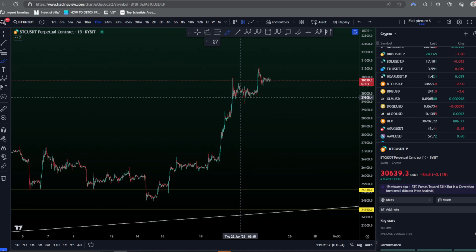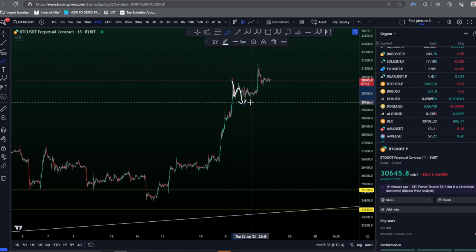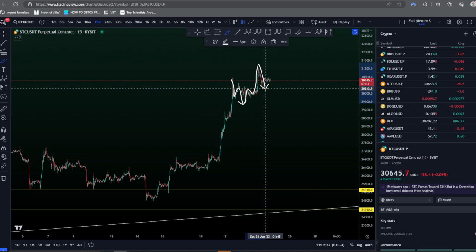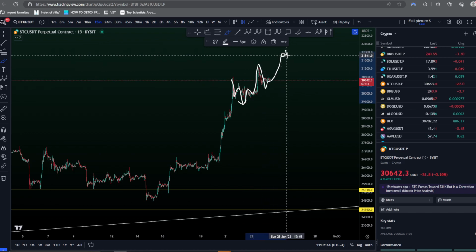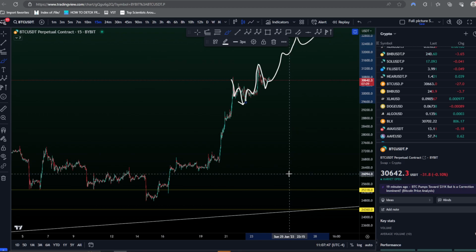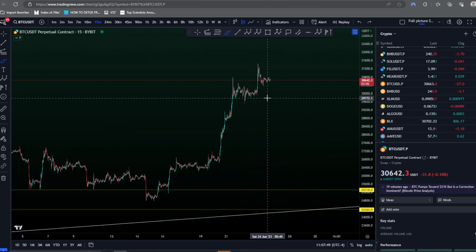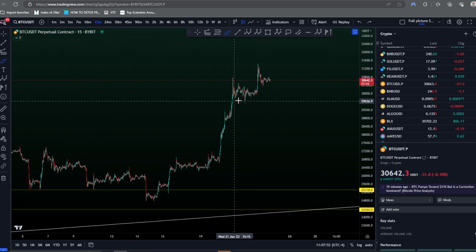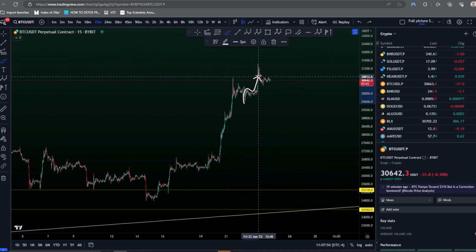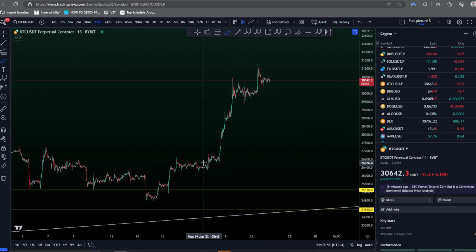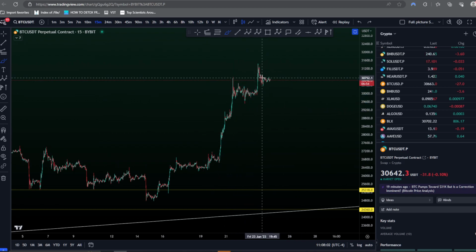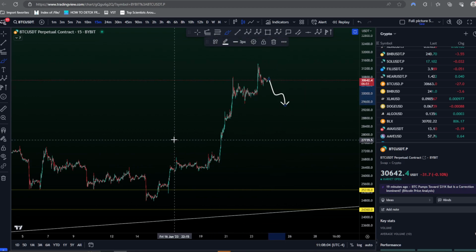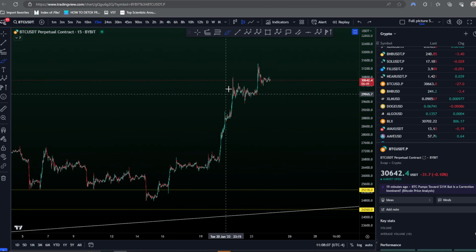This could also be a correction here, done, finished correction. You could be 1, 2, 1, 2, 3, 4, 5, and you could be starting to go. All right, so these are things you got to watch out for. But this structure right here looks very much just like an ABC flat. They could just be making it look like that to entice people in to go short here for that wave down. I don't know, but how I would trade it right now is I would look